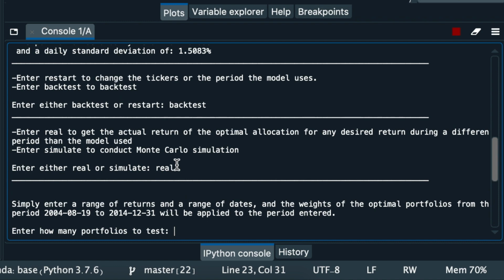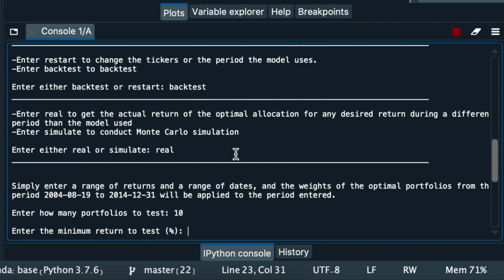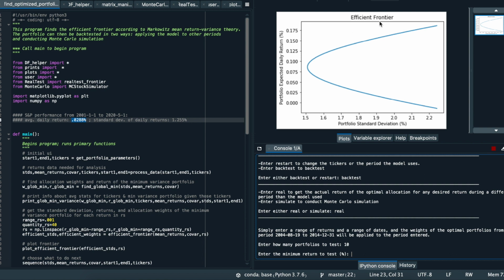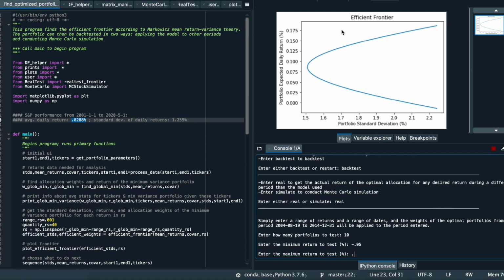Okay, so yeah, we're putting in real. That means we're going to, again, take these optimized allocations and see if they're still as optimal during a different period of time. So let's say we want to test 10 different portfolios, and we want to just throw this entire efficient frontier in. So let's say maybe this is like negative 0.05, the bottom here, and then let's bring it all the way to the top,